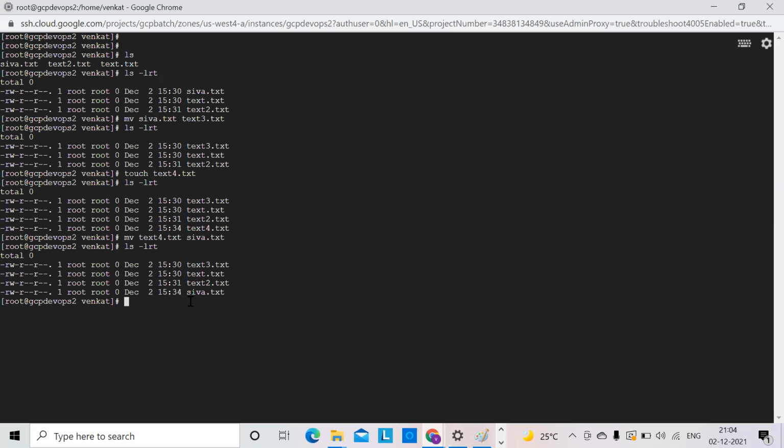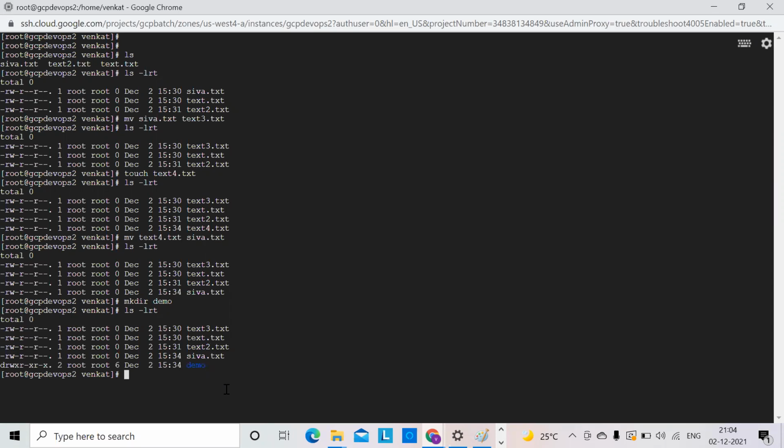Now I want to create a directory. Which command am I using? mkdir followed by the directory name. For example, I want to create a demo directory, so I will create the demo directory. Here, this is the directory. How do we know this is a directory? Simply, if you observe here,